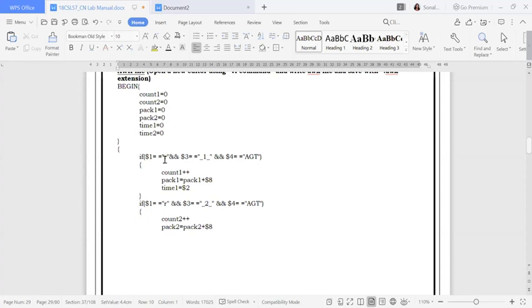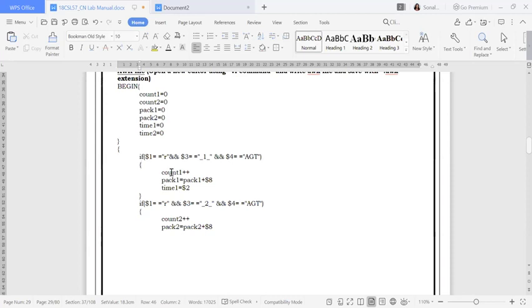If that field is r, in the sense receive, and $3, which is the from node, if it has come from my first node N1, and $4 is the to node, then AGT, which I told you is agent trace, so it has been traced.